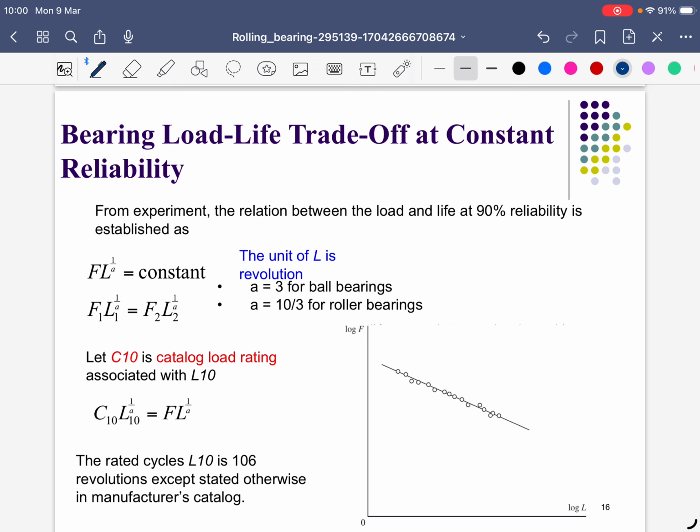Then this reliability is L10. It means that we believe that